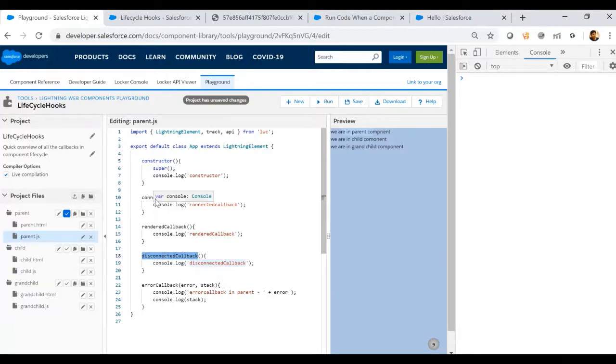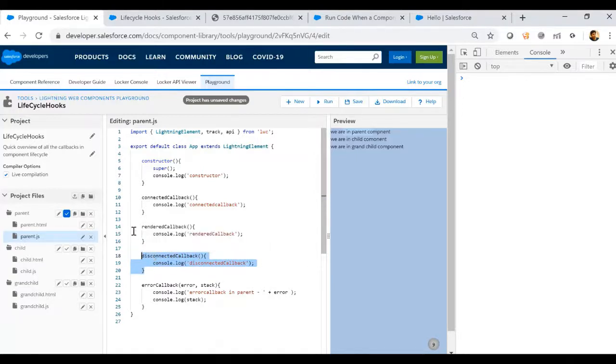This will be useful if we have any custom event listeners, basically window methods or something. If you don't use inline event handlers, and you use event listener methods, JavaScript-based methods, then in those cases we use this to disconnect those event handlers. So this particular callback method is invoked when the component is removed from the DOM.